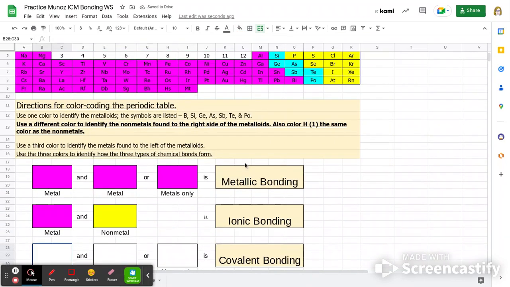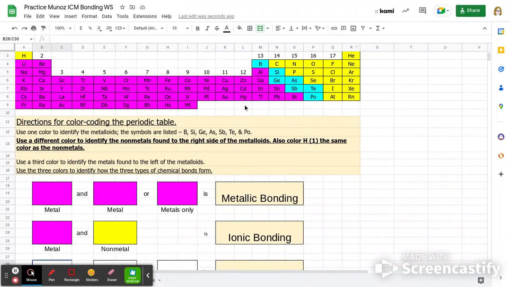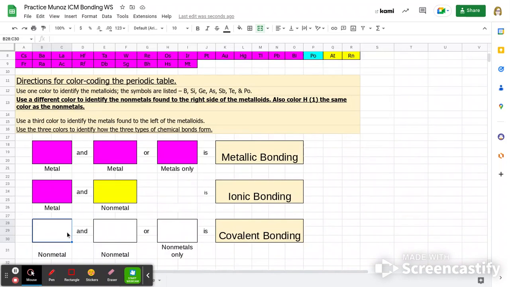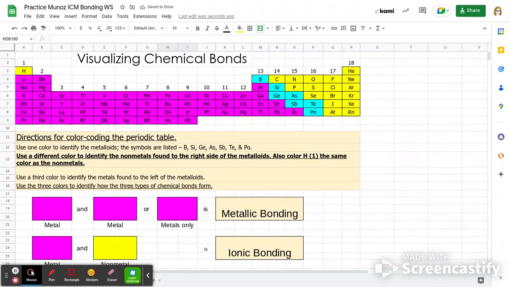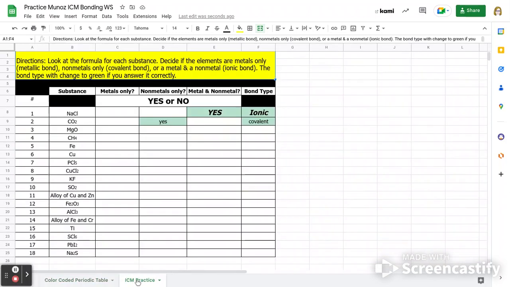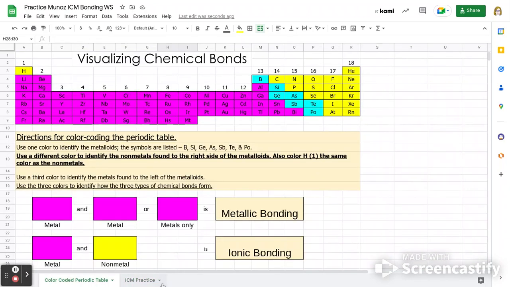And then anytime I have only yellow elements, so all nonmetals, that is going to be covalent bonds. So that is how you do this first tab. Now, this is not done. There's a second tab, and I have a different video for that. That video, I think I did a different color code. So just keep that in mind when